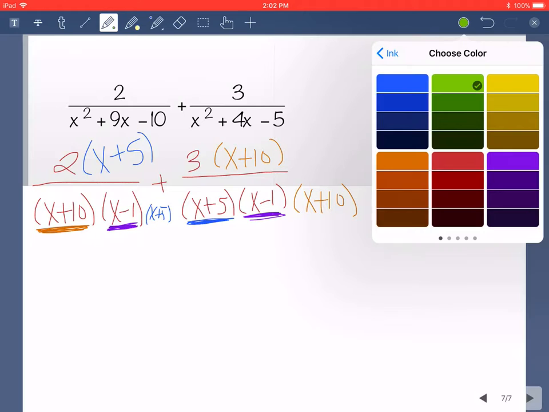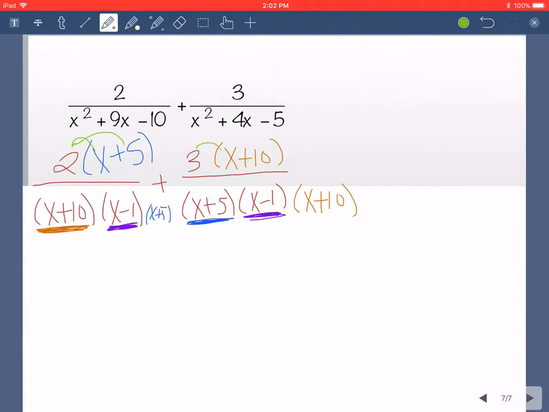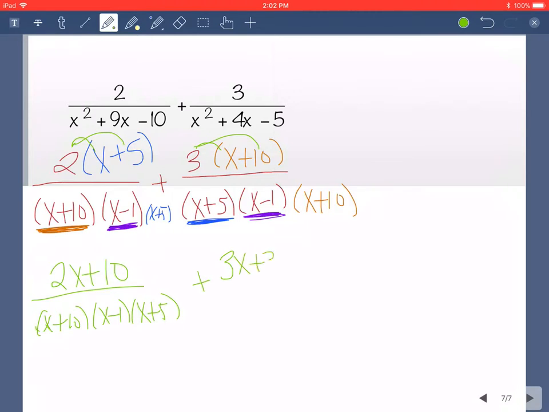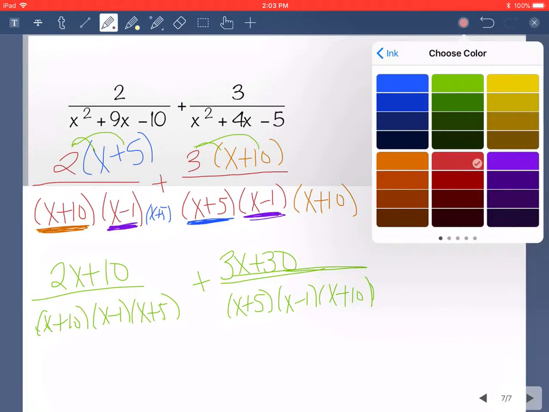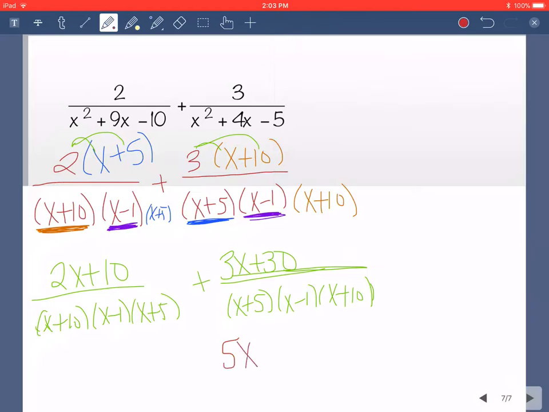So when I go to multiply this out, I need to distribute my 2, and I'll distribute my 3. So this is 2x plus 10 over x plus 10, x minus 1, x plus 5, plus 3x plus 30 over x plus 5, x minus 1, x plus 10. And it doesn't matter what order your denominator is written in as long as all 3 factors are included. And now we can go ahead and combine our like terms. So 2x and 3x make 5x. 10 and 30 make plus 40 over